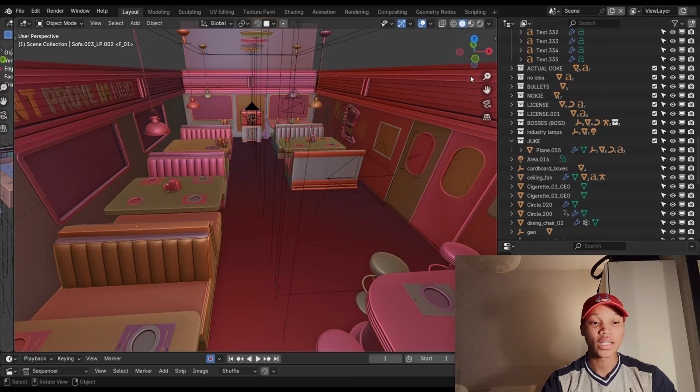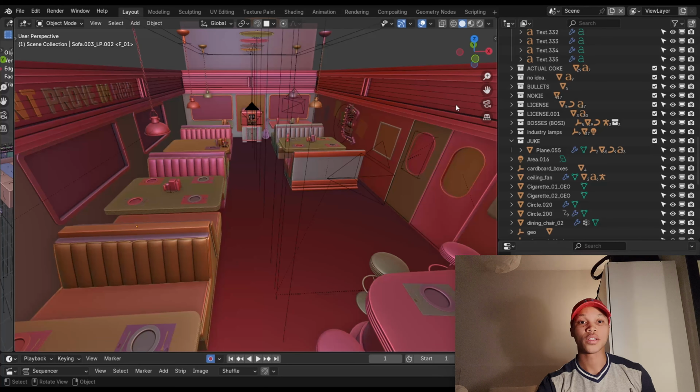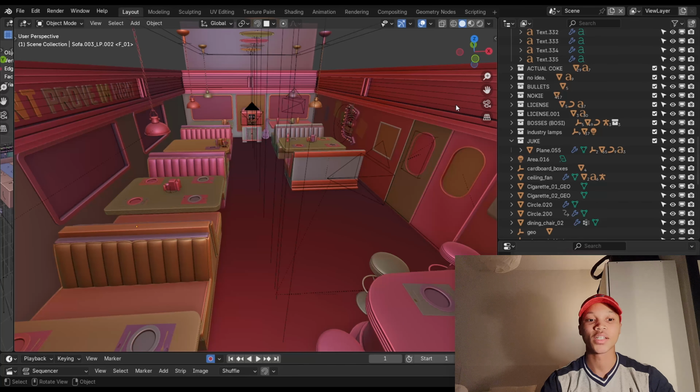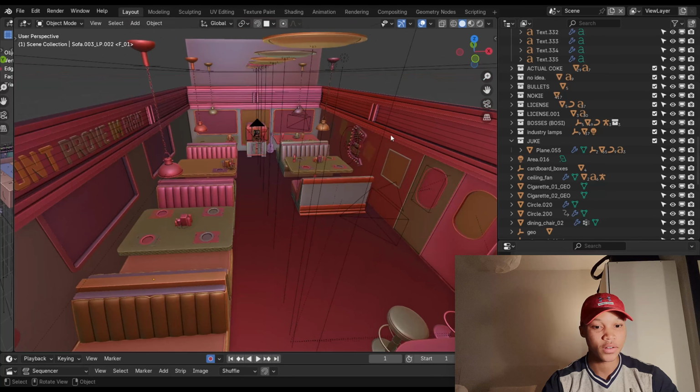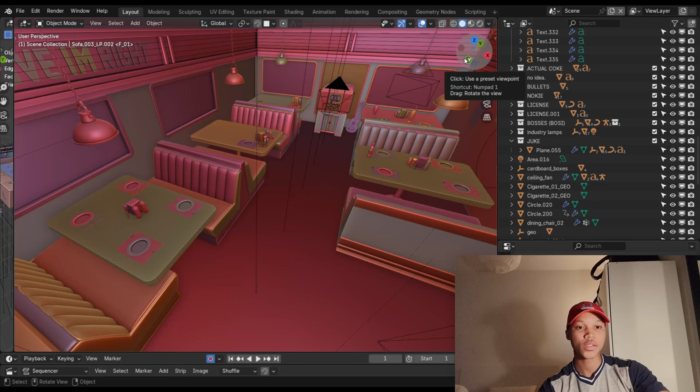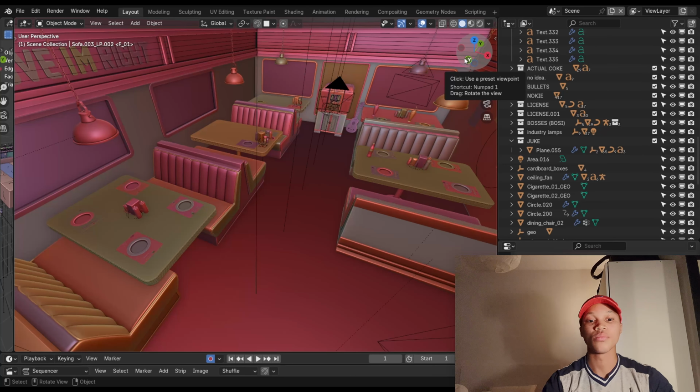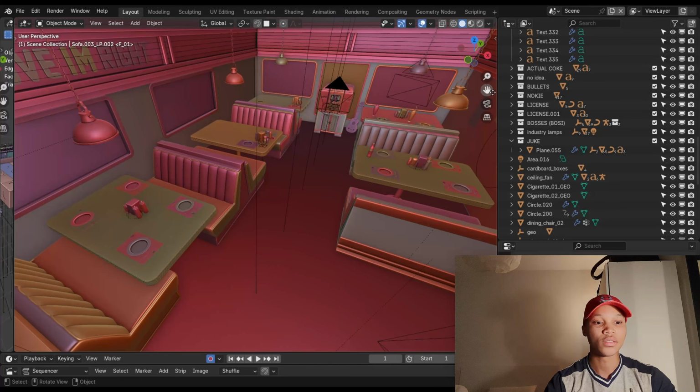I do model in Blender, I do build stuff, but in the long run, because I like to work on different projects at the same time, modeling every single thing in your scene makes no sense. You're just gonna take weeks, months, years to finish one render. So I would say a good 50-50. Half of my models are modeled by myself, and the other half are from CG Trader, Polyhaven, etc.